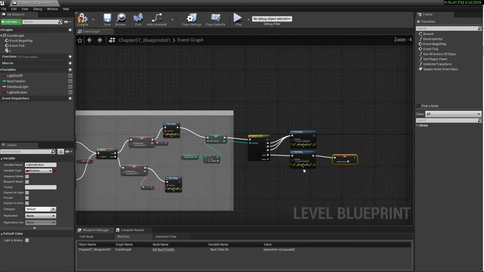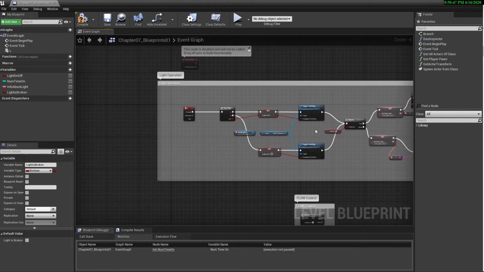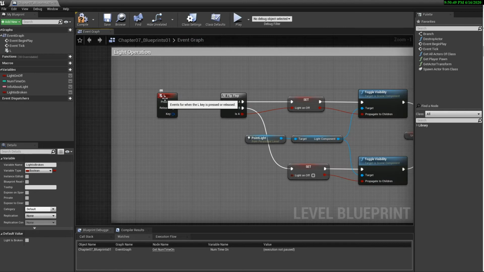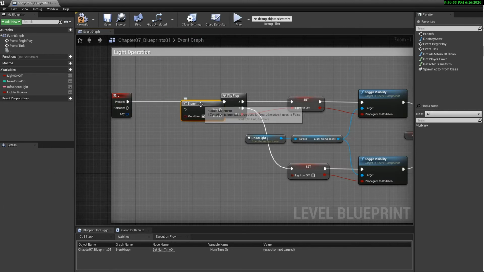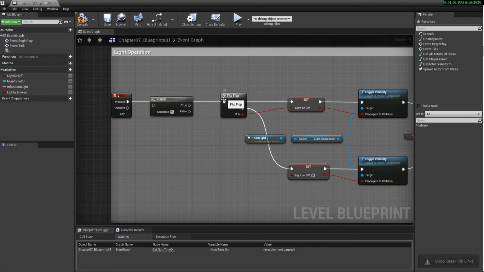So now what do we want to do in order to make this happen? So when you hit L, we're going to apply a branch node here. You can either hold Alt and uncheck that. I'm going to hit undo. You can also take the Control key and drag that and move these noodles around.